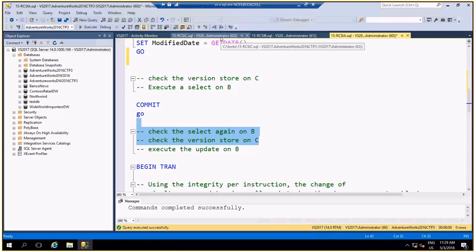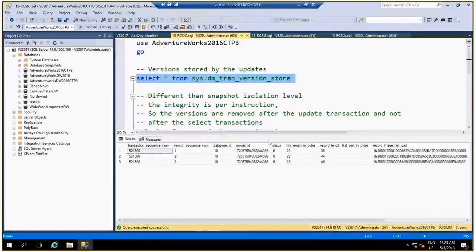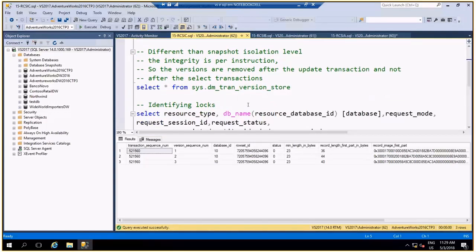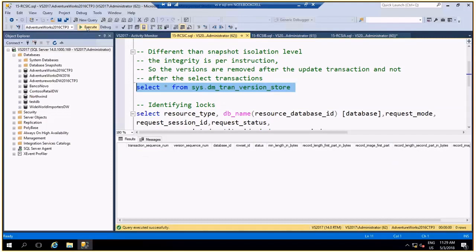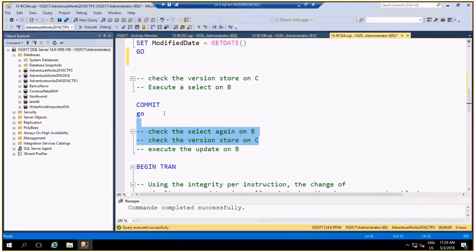Let's check the version store on C. Again, the transaction is still being executed on B. The transaction hasn't finished, but let's check the version store, and we have no more records on the version store. Using the snapshot isolation level, the records were there, because even after the transaction that created the record finished, other transactions were using that record.